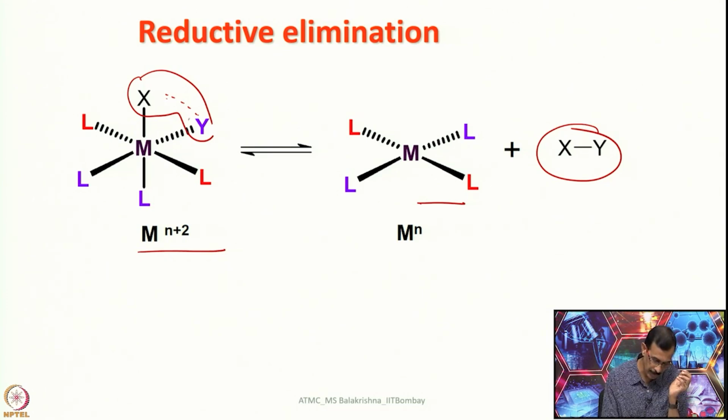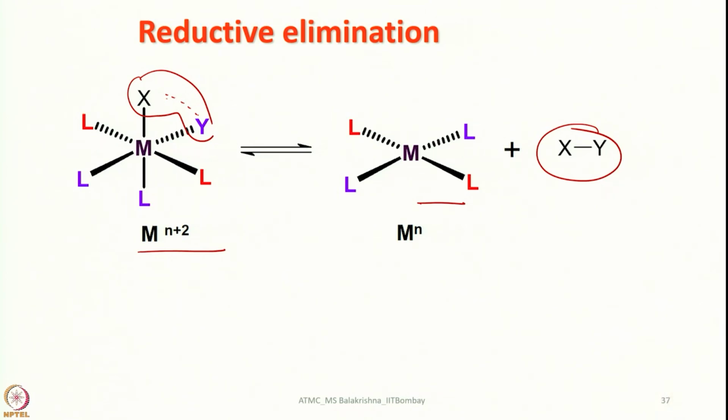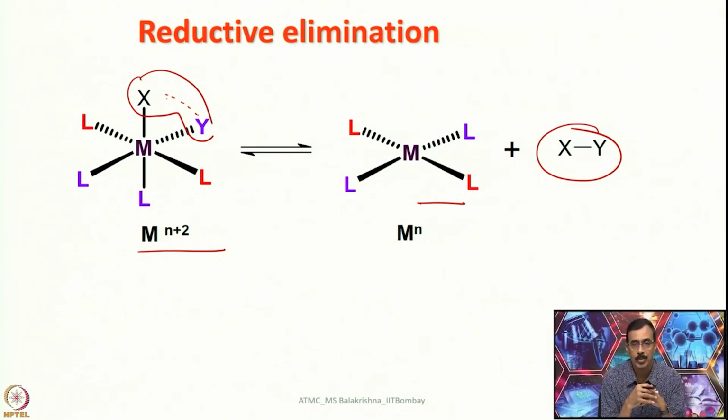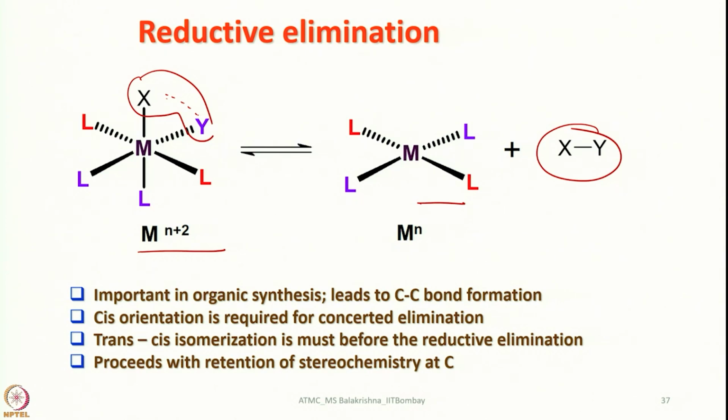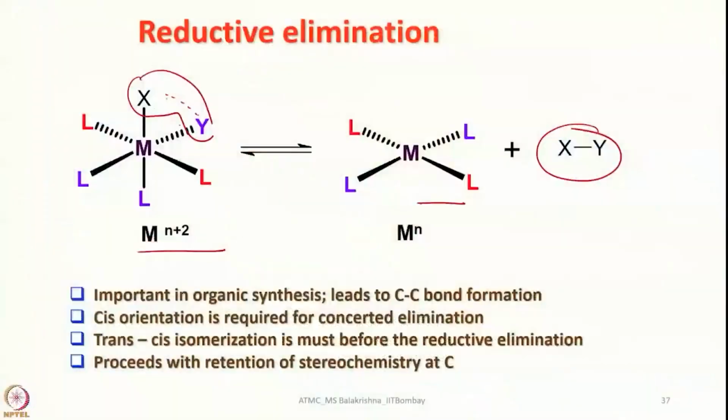then we can say this is called microscopic reversibility. For example, if XY is added and if the XY is eliminated and the rate in both the cases are very similar, then it is called microscopic reversibility, because this is exactly opposite of the oxidative addition reaction. Importantly, this reductive elimination is very important in organic synthesis, especially when we are doing cross coupling reactions. Cis orientation is required for concerted elimination. The two leaving groups should be cis to each other on a metal center,